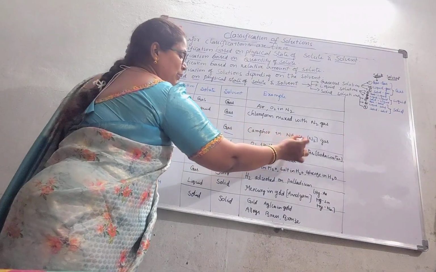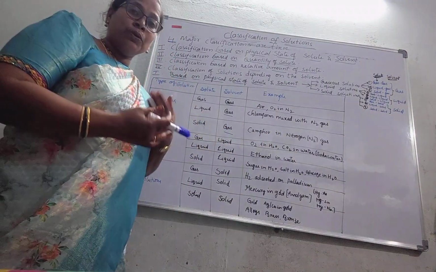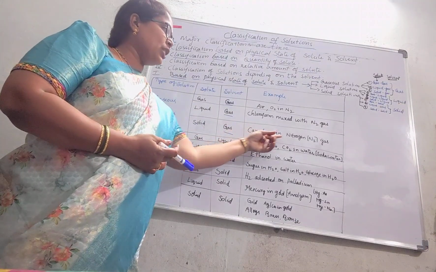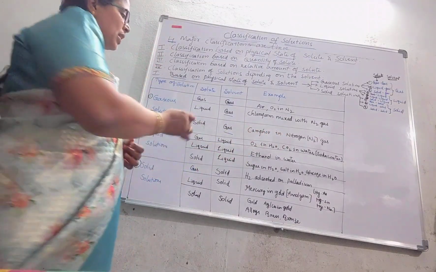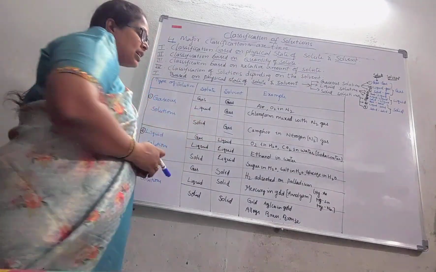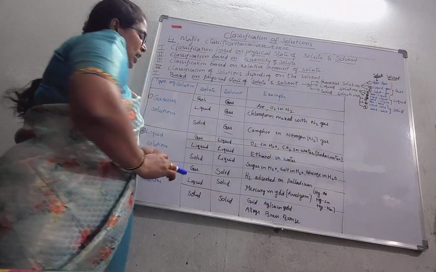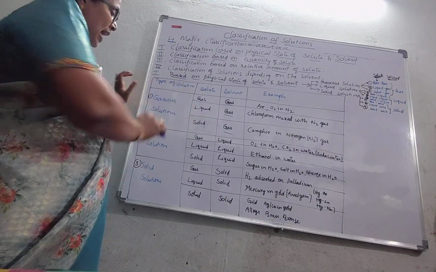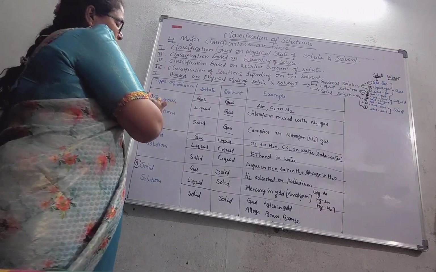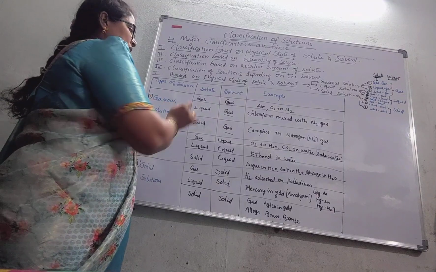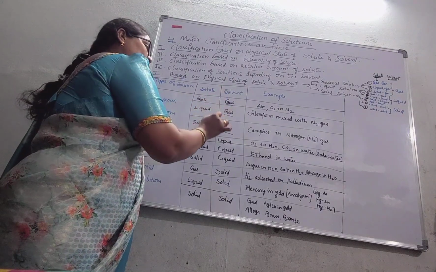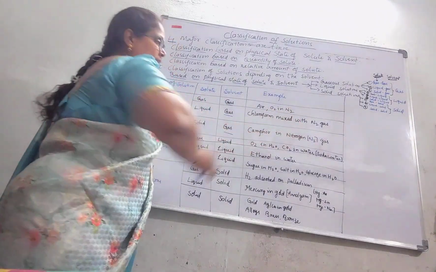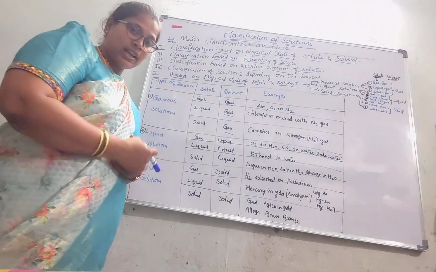Camphor in N2 gas means we are doing it in puja, karpooram. Yes, that is called camphor. So camphor in N2 gas is an example for the solid in gas type. What is that, ma? Solid in gas type. Okay, now these are the sub-classifications of gaseous solutions. Why we call them gaseous solutions: in these three cases, gas only is taken as a solvent. Here N2 gas we are taking as a solvent, the larger quantity one.